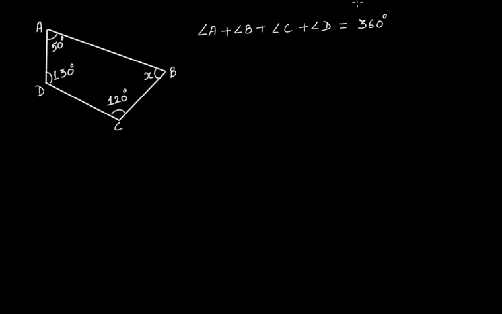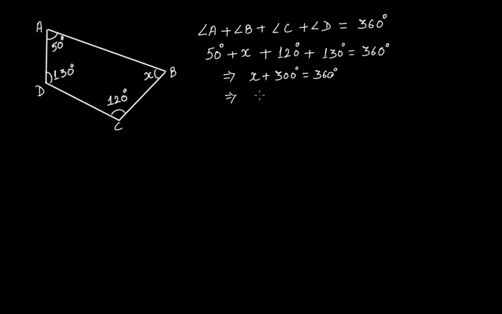A is 50 degrees, B is x, whose value we have to find, C is 120 degrees, D is 130 degrees, and this is 360 degrees. Now if you add 50 plus 120 plus 130, you get 170, 200 and 300. So from this one you get x plus 300 degrees is equal to 360 degrees,